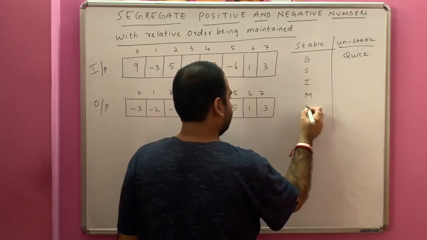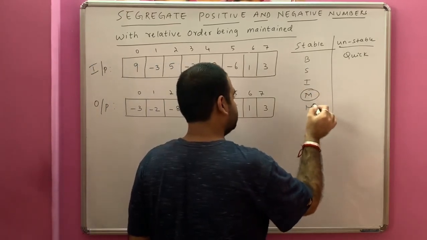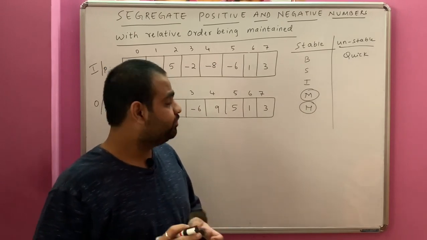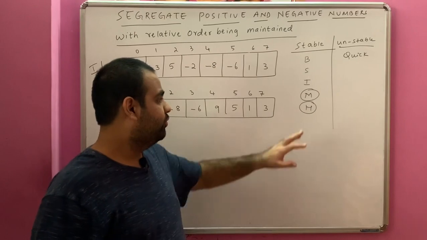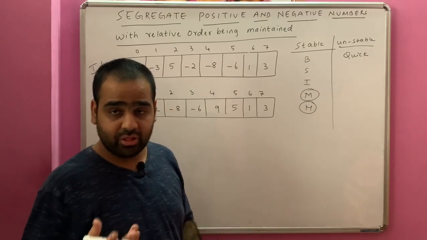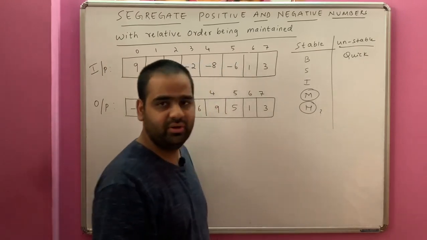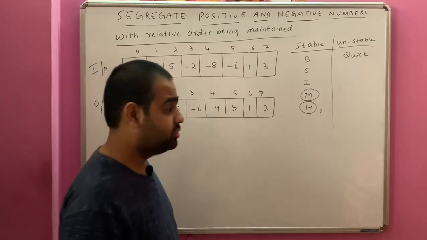Next we have the merge and the heap. That means either we can use the merge sort or the heap sort. But in heap sort, the number of swaps is very large. Therefore, we avoid using heap sort as much as possible. Heaps are used for different questions, and I will discuss one question later. The thing is, we can use the merge sort over here.